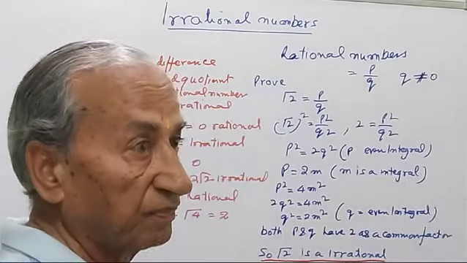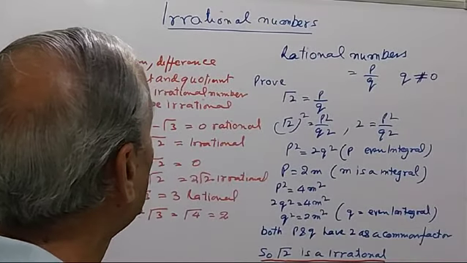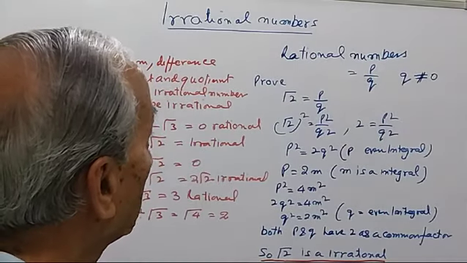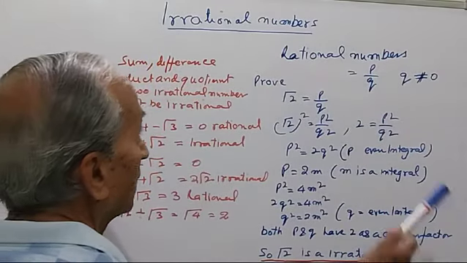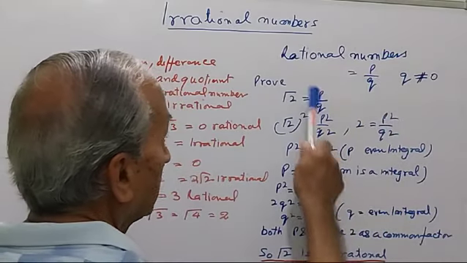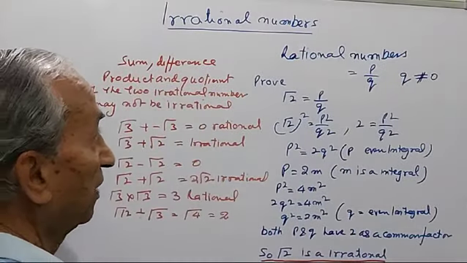Good morning, students. Today I will explain the irrational numbers. See, all the numbers which are written in the form of p upon q are known as rational numbers. Now the characteristic property of a rational number is that